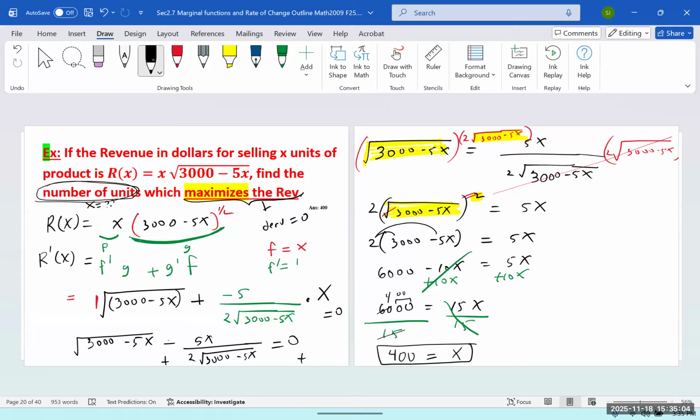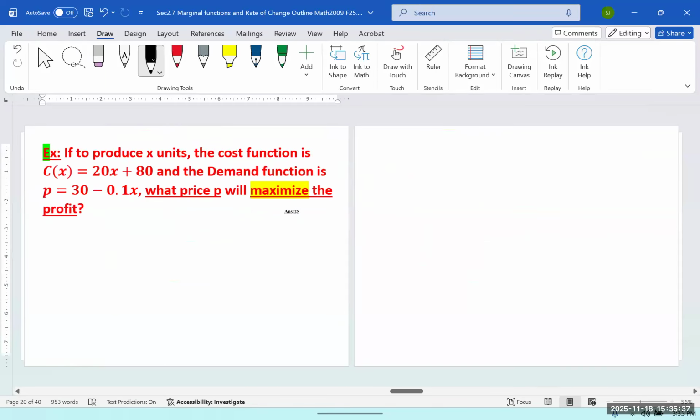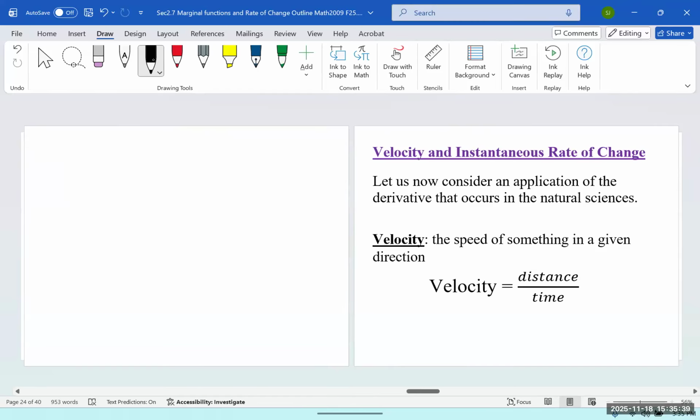So here, calculus is only one line. The rest is algebra. And I noticed you are bad at algebraic manipulation. You don't even know how to multiply fractions or how to subtract 1 from a fraction. That was really disappointing. Any question on this? So I'm leaving this velocity for next class.